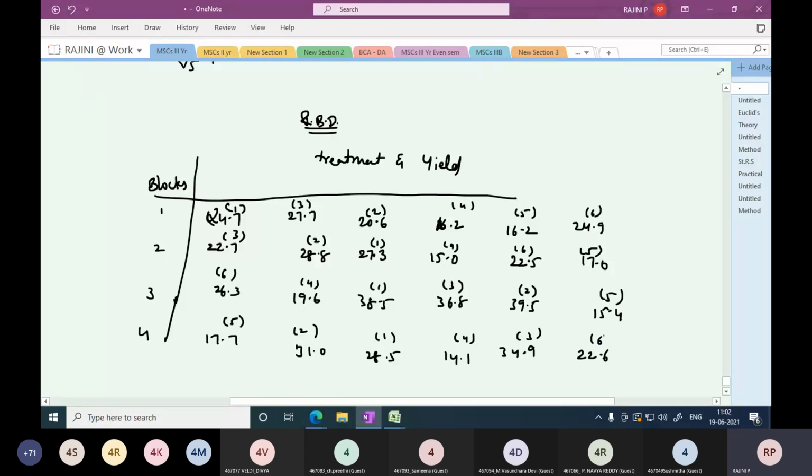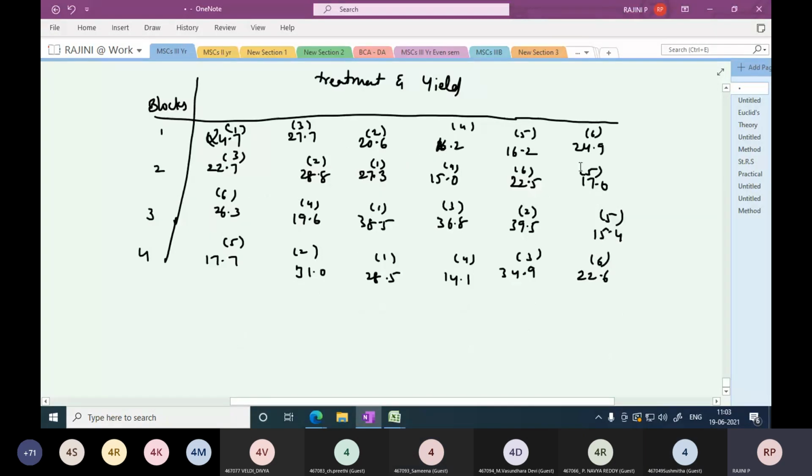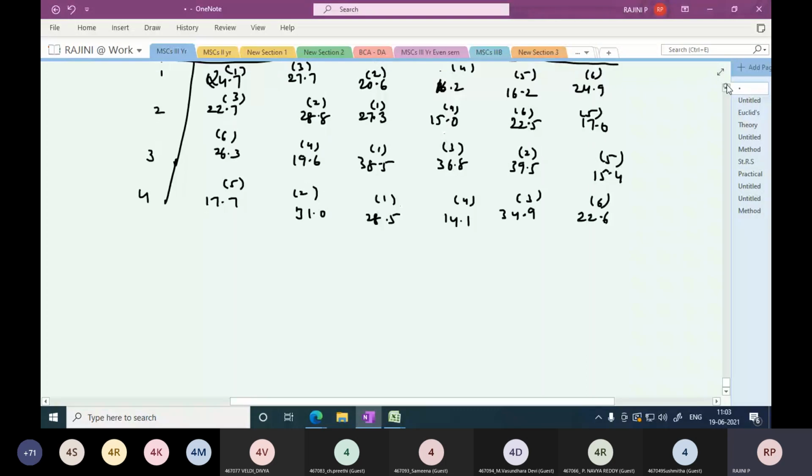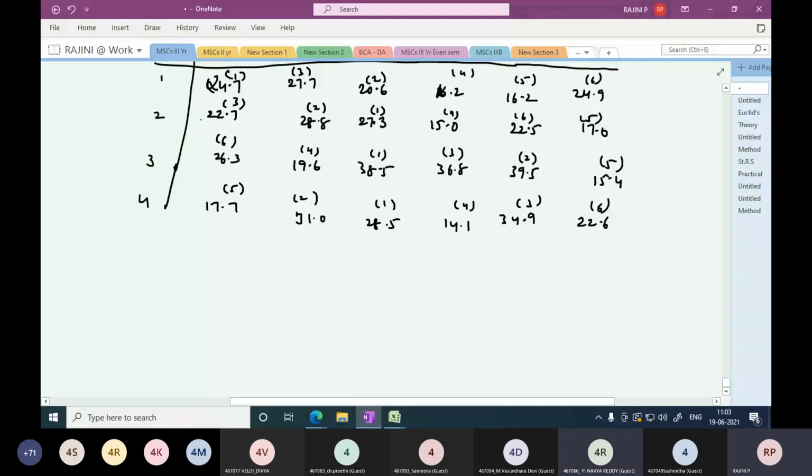So, already do you have this data with you? Have you done the calculation? Did you remember? Yes, ma'am, same data we have. Now you need to arrange this data into the rows and the columns. How do you want to take blocks, in columns or rows? How did you take it for the practical problem? Blocks we took as columns, ma'am.